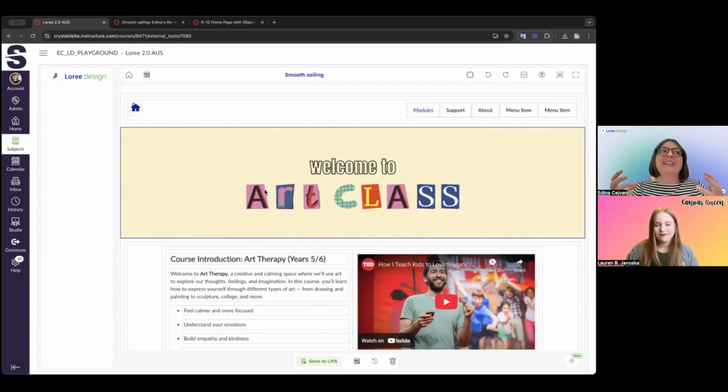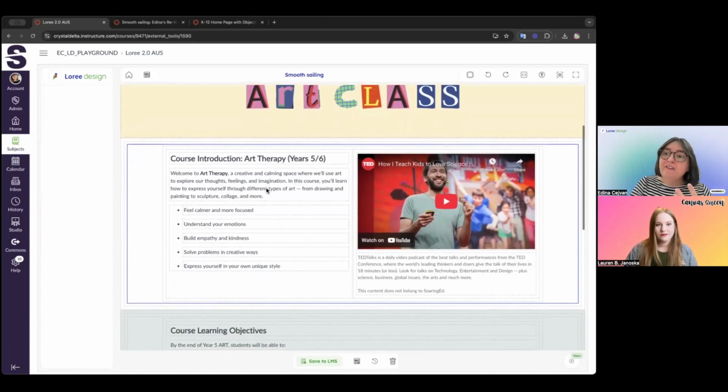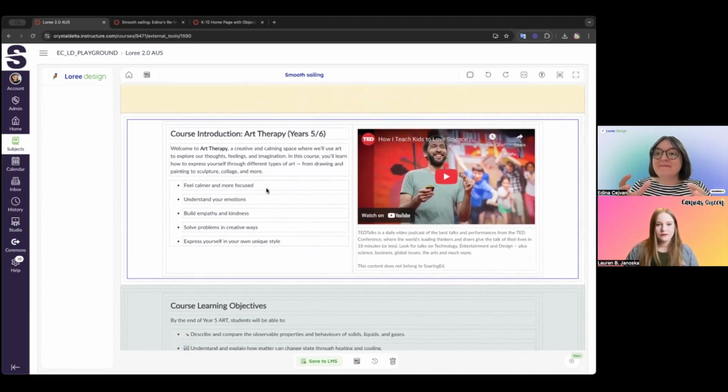The second main area that I'd love to dive into is our Loree Interactives, which allows educators and designers to build a number of interactive or layout-based elements that help reduce scroll fatigue on screen, using things like accordions and tabs, but also help promote engaging with content: flipping, clicking, hotspots, what have you. So we'll dive on in and I'll show you how to build one of these and embed it in page